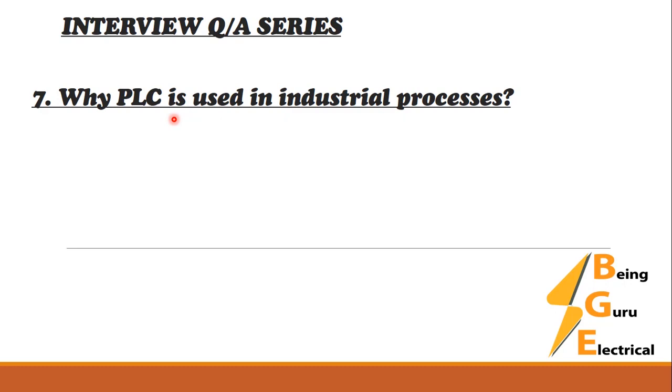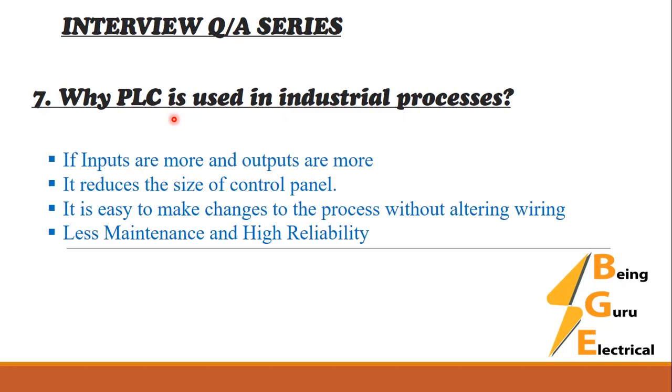So in any process, if you have more inputs and more outputs, then we use a PLC, because in the PLC we have internal relays, timers, and counters. So we minimize the size of our control panel by using the PLC, because all the timers, counters, and relays come inside one unit which is called the PLC, and it is easy to make changes in the process without